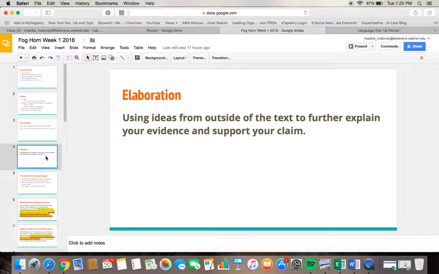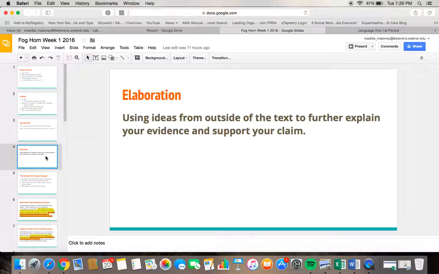The notes that we're going to be taking today are on elaboration. So again, pause, and write down the definition we're using for elaboration throughout the year. Okay, so elaboration. The reason why we're talking about elaboration today is because you got your Monkey's Paw analysis paragraph